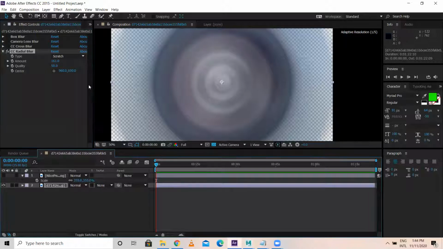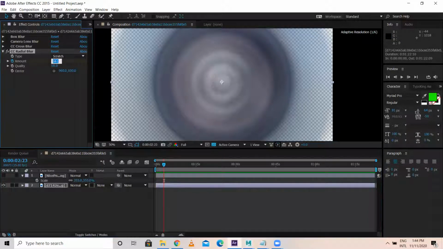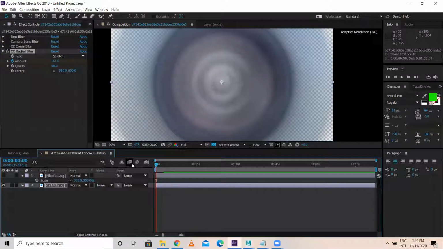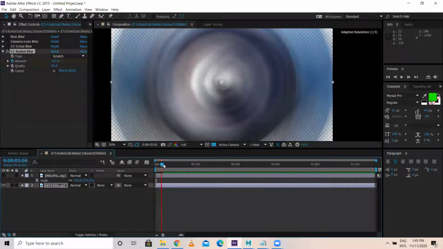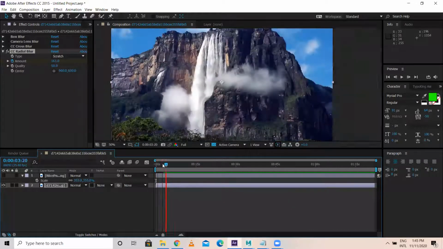Now what I'll do here, this is the one, right? I key this here. I'll come over here and I make this 0. This is keyed. Now play this. It's taking time, but see, this is the output. When you play, another kind of transition also you can achieve with this.